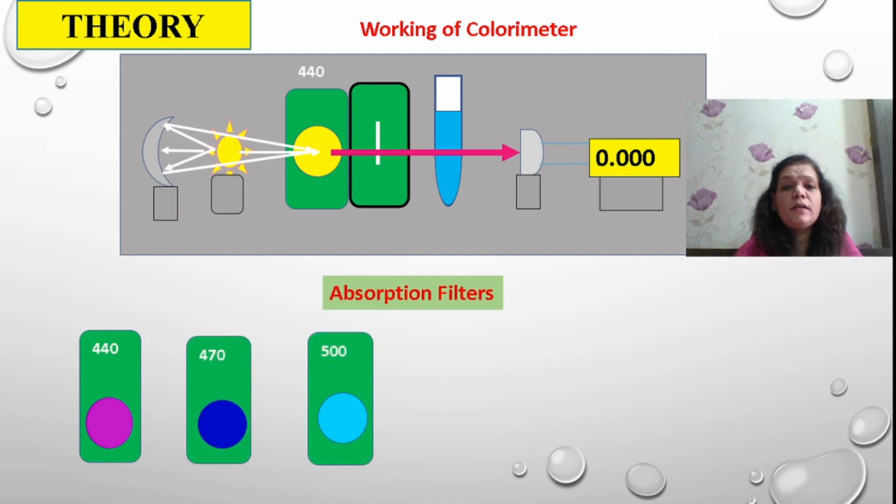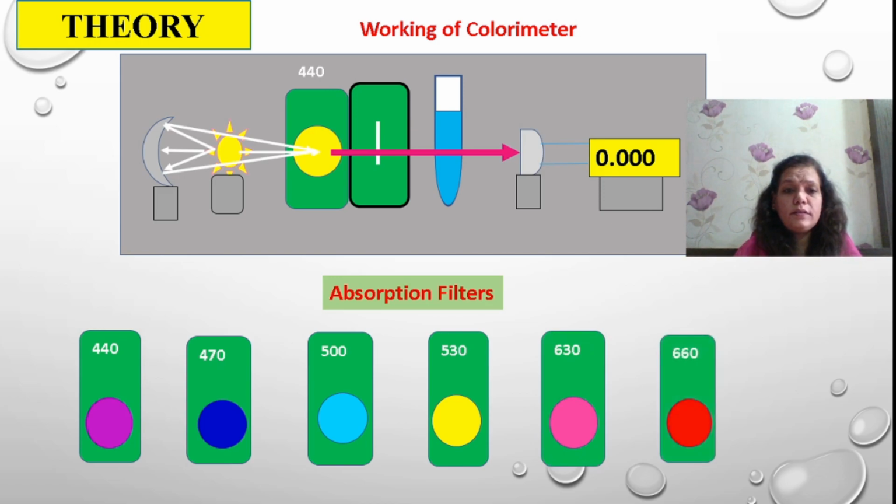So there are different absorption filters with respect to wavelength available in colorimeter. You can see that a particular wavelength has a particular color. These wavelengths all fall in the visible region. Your colorimeter works in the visible region. What is the range? Yes, 400 nanometer to 800 nanometer. Because of the colorimeters and filter ranges available with the instrument, I have tried to show the same over here.